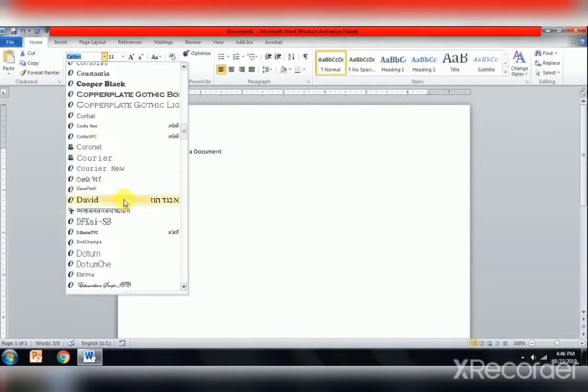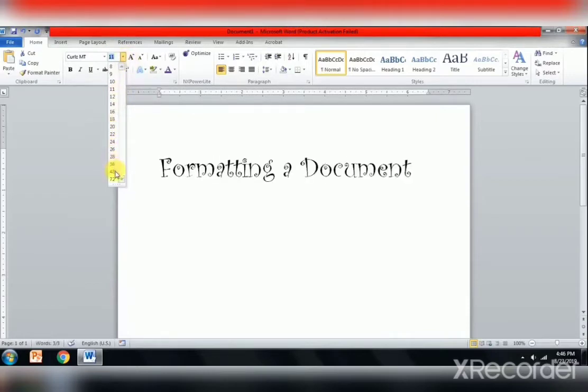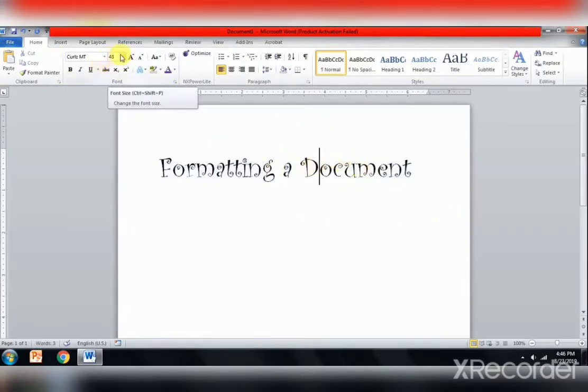You can choose according to your need and requirement. So I have chosen Curls MT, and similarly you can change the size also. You can see the size is increasing. It is now 48. So I have changed the font type and the font size. So in this way, you can change the font type and the font size in your Microsoft Word 2016.